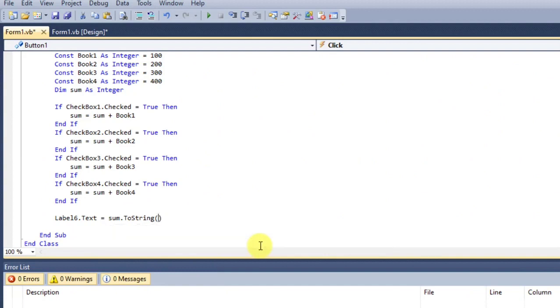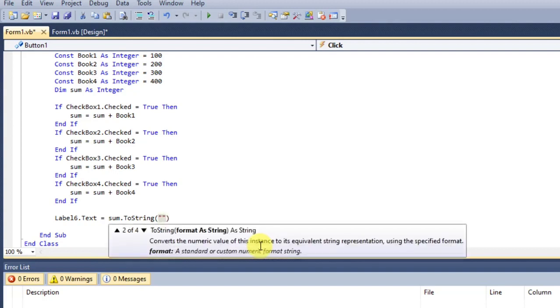Now inside the parenthesis, type double quote and then type the format. We have different formats that we can use to format the value or the string. We have a separate discussion on that. So we type C,